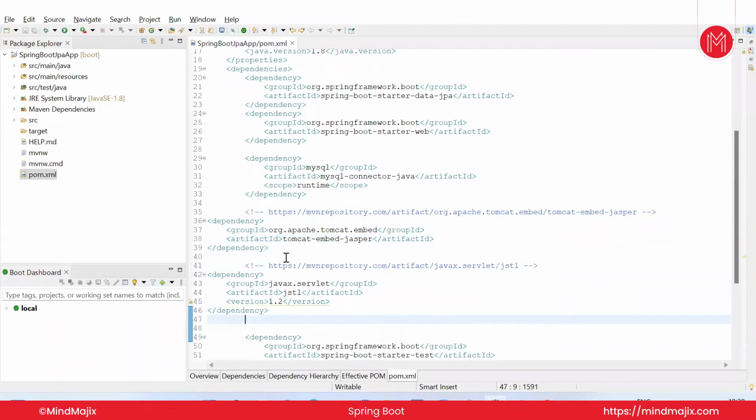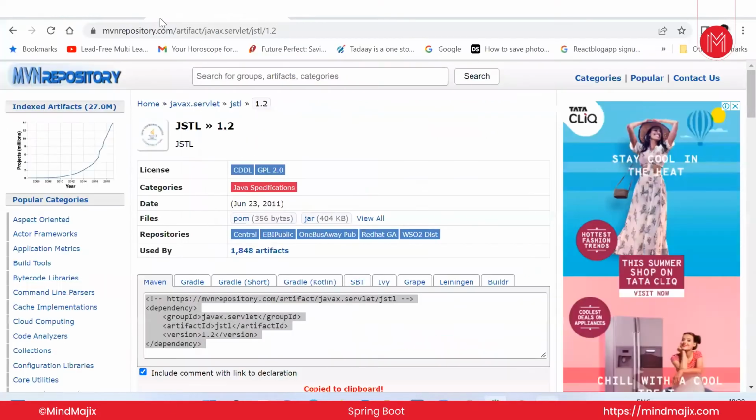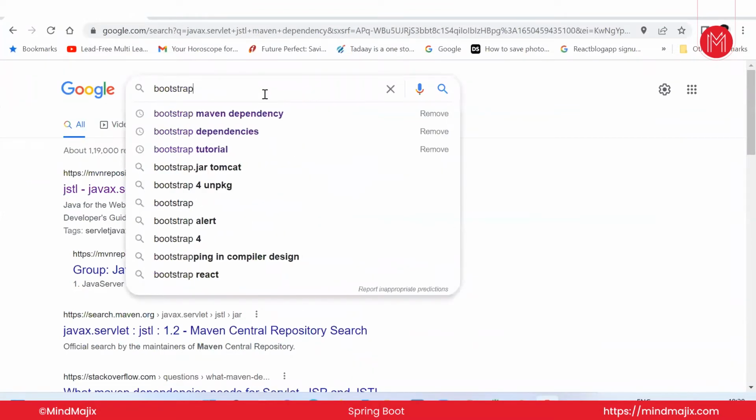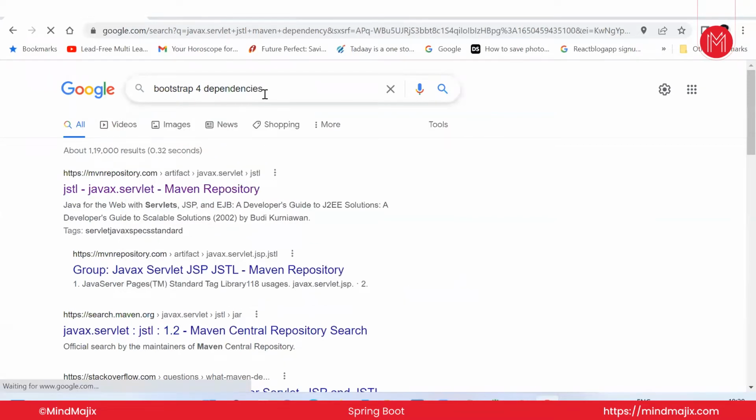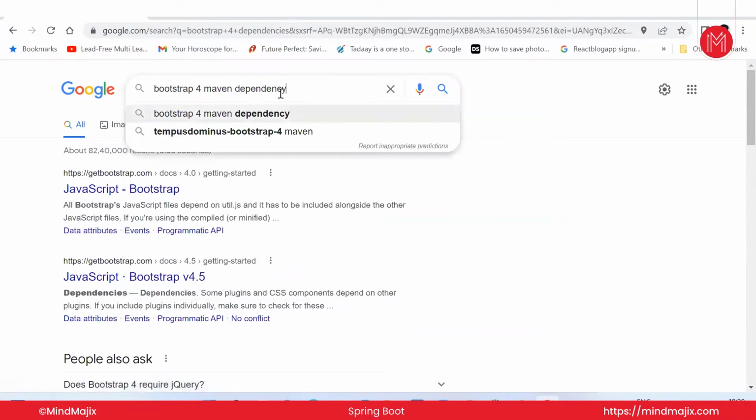Perfect, right? So here also version is not required. Remove it. And one more thing, as per my requirement, to create UI pages using JSP, I want to use some Bootstrap stuff. So that's the reason I'm just trying to get the Bootstrap 4th version dependency. Okay, so Bootstrap 4 Maven dependency,